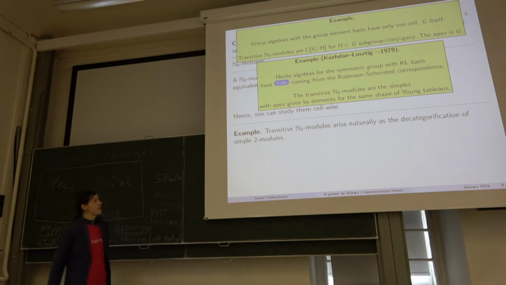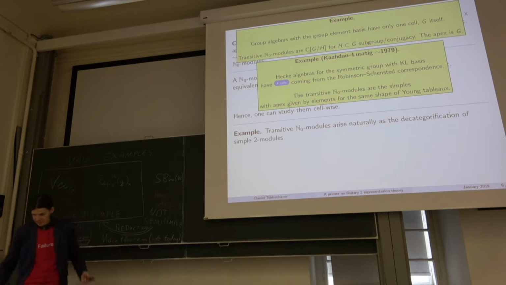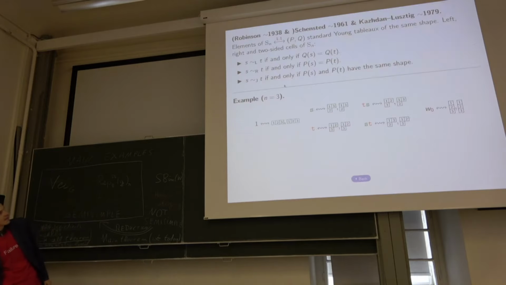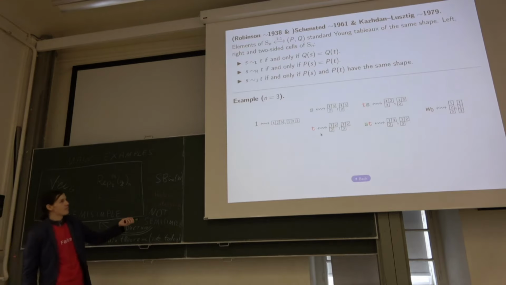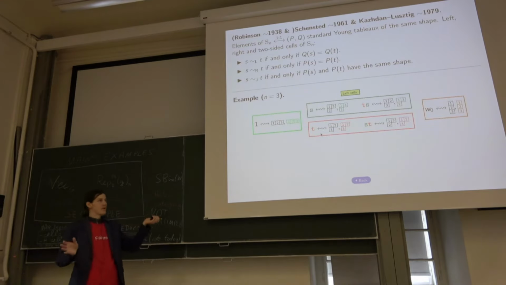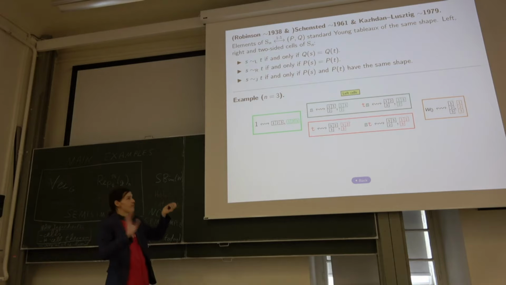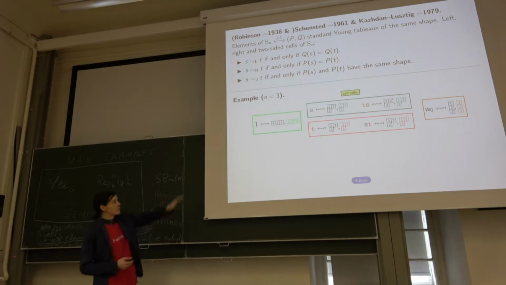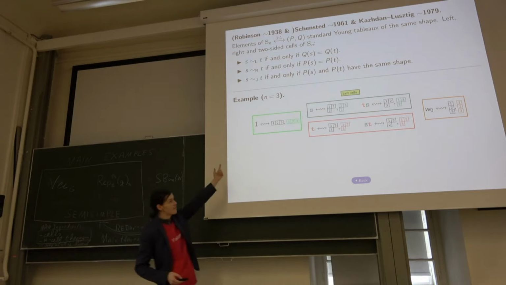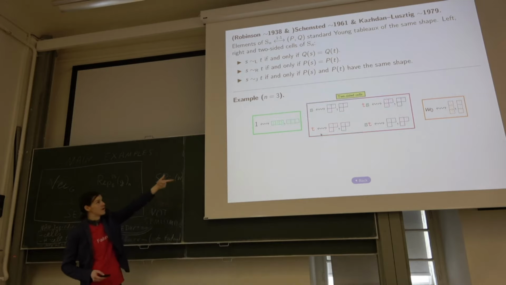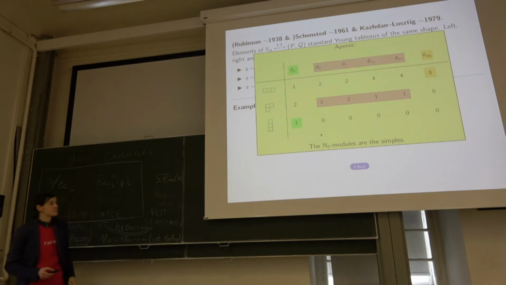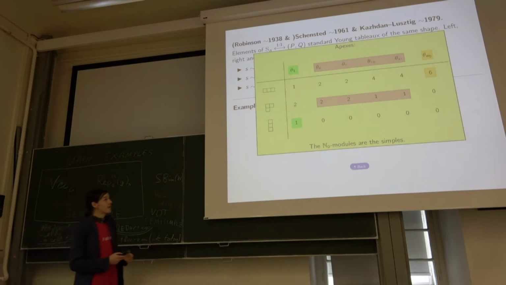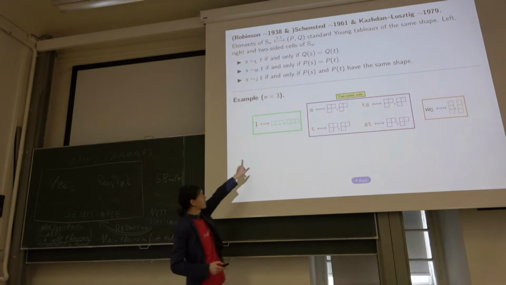The Hecke algebras, let me just show you how the cells look like. In type A, they are very nice. They're given by the Robinson-Schensted correspondence. If you've never seen this before, it doesn't matter so much. But you really have cells now. You can calculate left cells, you would have 4 of them. You can calculate right cells, you would have 4 of them. And two-sided cells, you would have 3 of them. And in this case, we would have 3 two-sided cells in my notation: green, purple, and orange.